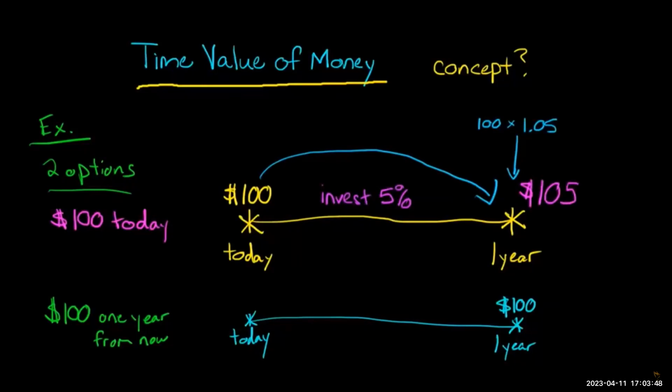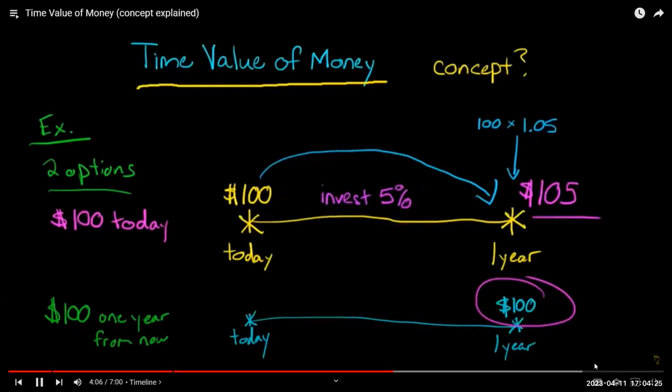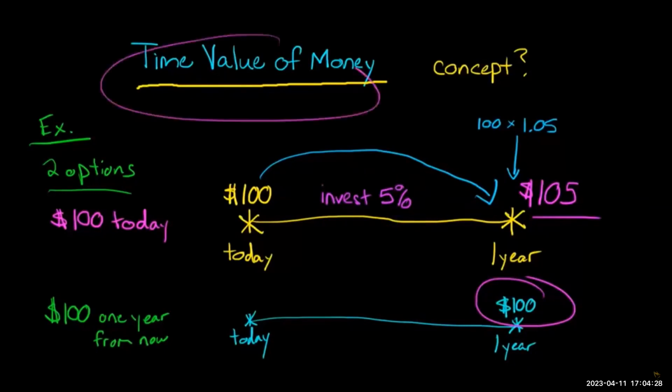So we see that if you get the money today, if you get it sooner rather than later, there's a value to getting it earlier because it can be invested to earn a rate of return. And then at the end of the period, you end up having more money than what you started with. Now, when we look at the other option where you get $100 at the end of the year, you didn't have the option of investing it here because you didn't have the money. So when you get the money sooner rather than later, there's more value there because you can go ahead and invest the money and earn a return on it. So that's what we're talking about when people say the time value of money.